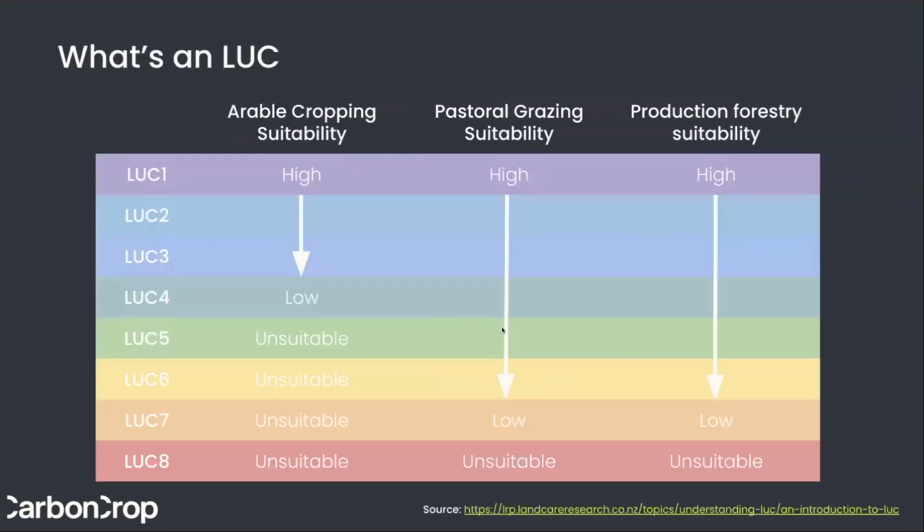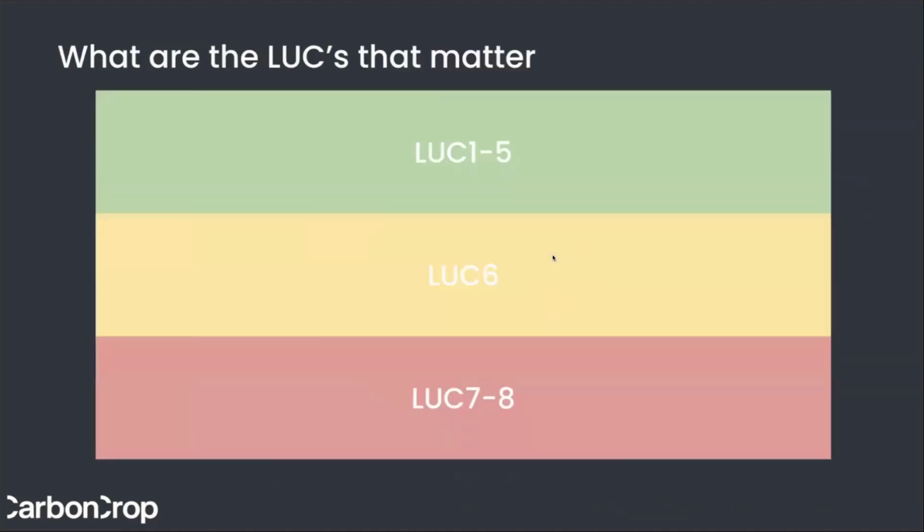Obviously, there's a bit of a crazy rainbow here. I'm not very good at doing elegant color spectrums, but the good thing is that as far as this policy is concerned, a lot of them condense together. LUC 1 to 5 is a very widely diverse land use grouping, but it's all treated the same for this policy. LUC 6 is distinct, and LUC 7 and 8 is also bundled together. So there's actually only really 3 bands that you need to worry about. And unless you're eligible for this exemption, you really only need to worry about 2.